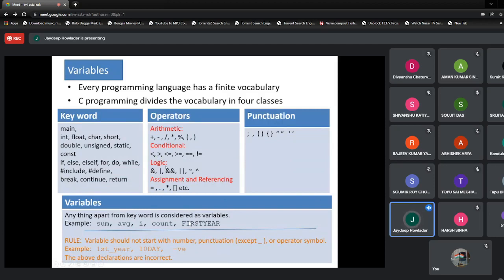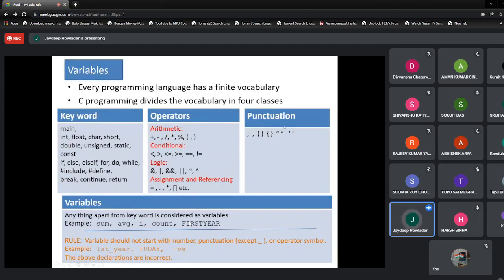Then logic operations are binary logic operations like AND, OR, negation, etc. Then there is assignment, which means the right hand side value is assigned to a variable at the left hand side. In future we will learn the dot operation, pointer operations, array indexing operations, etc.